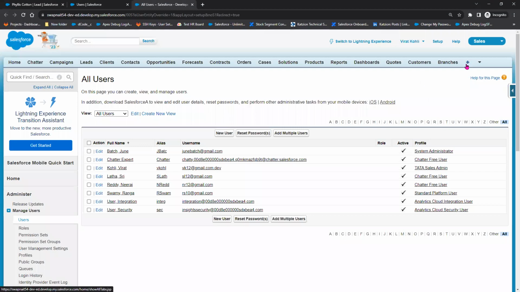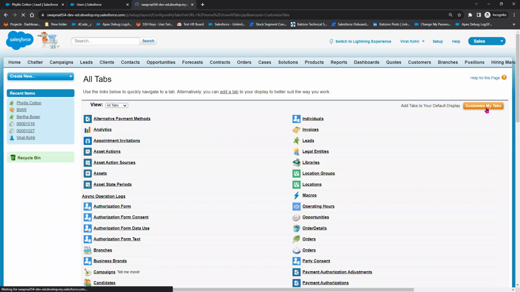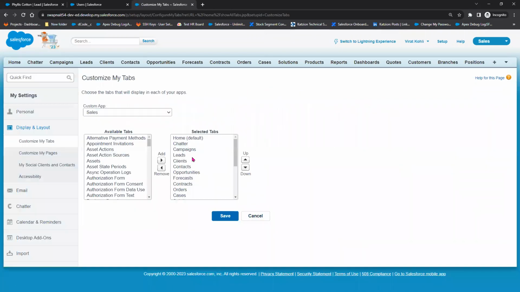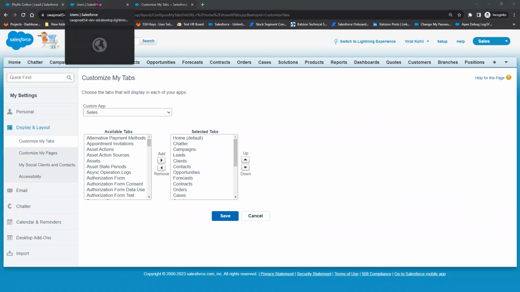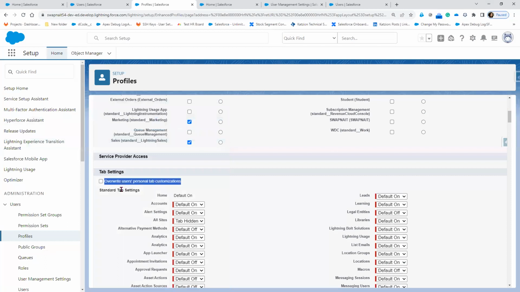In Classic, when you click on this plus button or customize my tabs, we can customize our own tabs. Now, if you want to override whatever the user tab is,